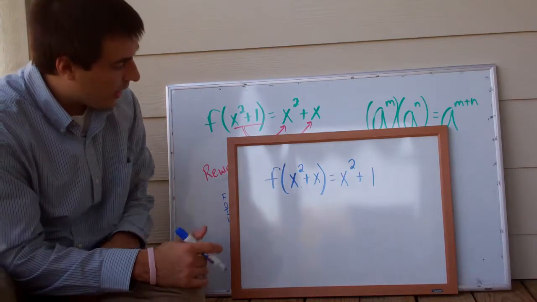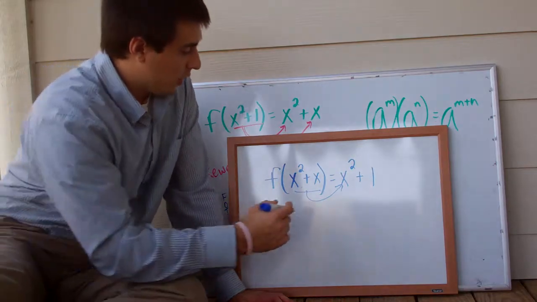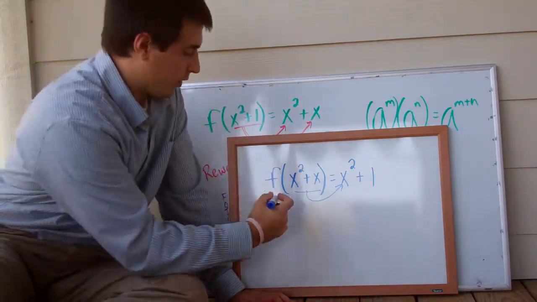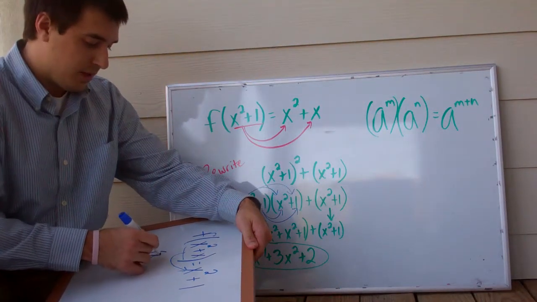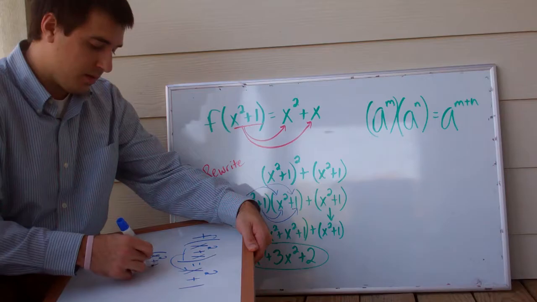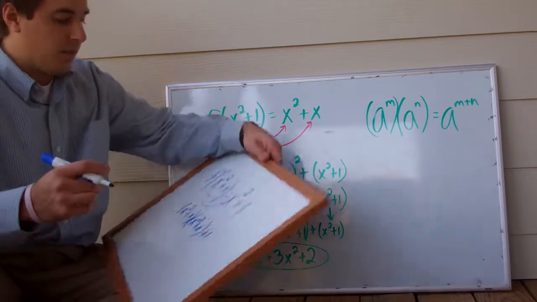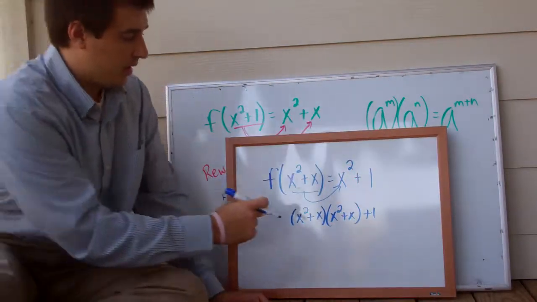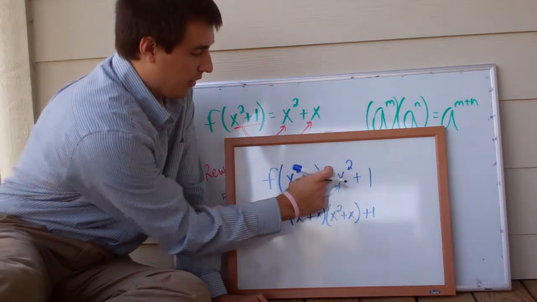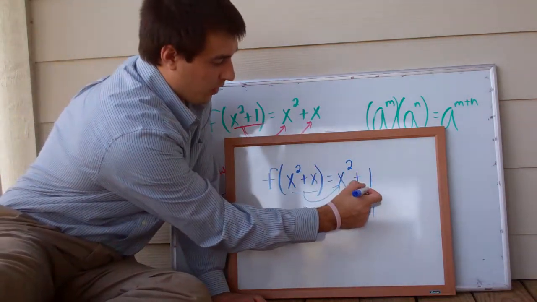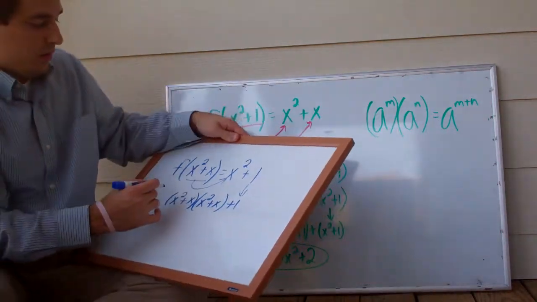So first off, we have to take this and plug it in for our x value right here. So let's go ahead and do our step of rewriting first. So now we have x squared plus x times x squared plus x, because remember, we had this squared, plus that 1 still, which we have to bring down, remember. So using our FOIL now,